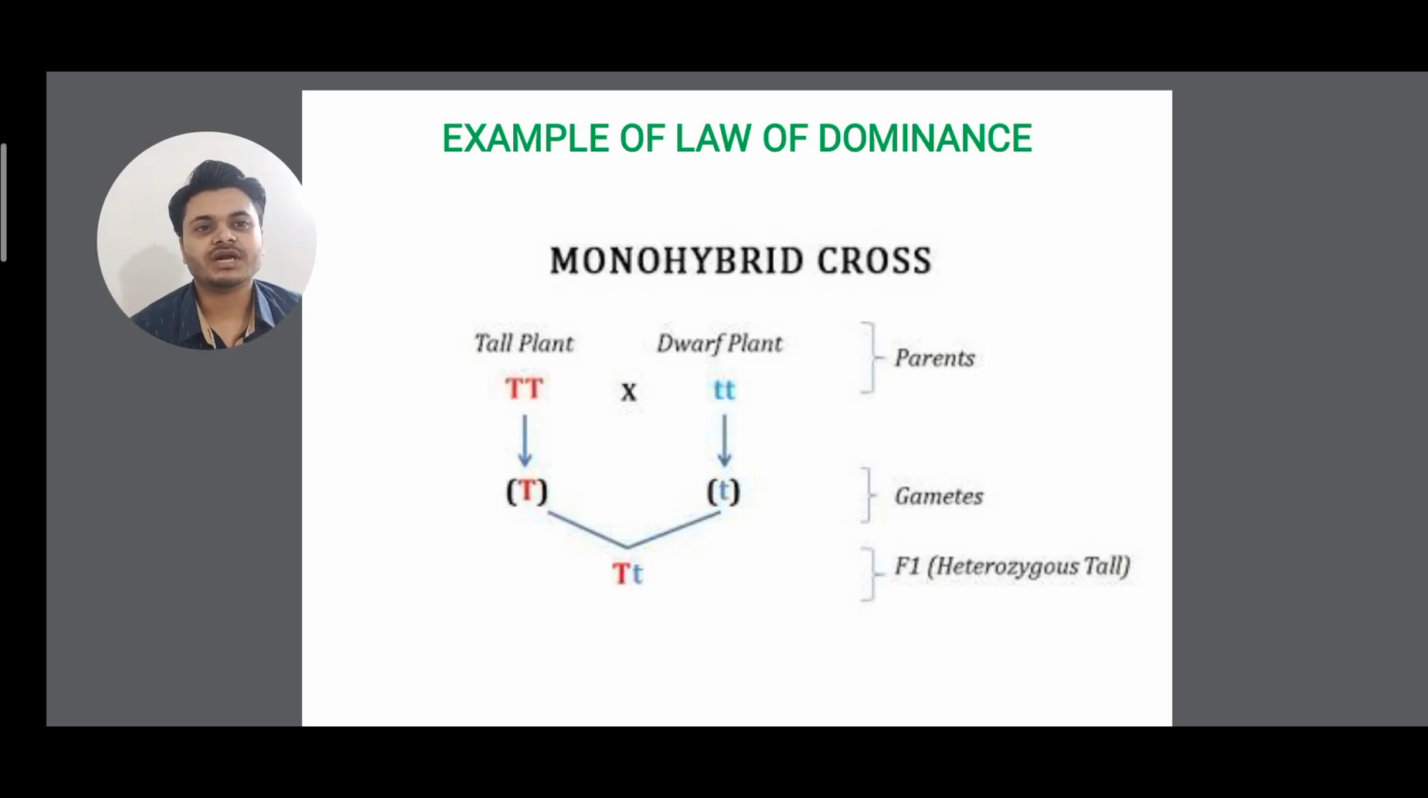So this is what the law of dominance is, because here the F1 hybrid that is produced is capital T small t. So it is not a dwarf plant, it is a tall plant, but still there is a capital T and small t. Both the characters are there, but it will show the phenotypic expression of only tall because capital T is dominant over small t. So this is what the law of dominance means. Next,